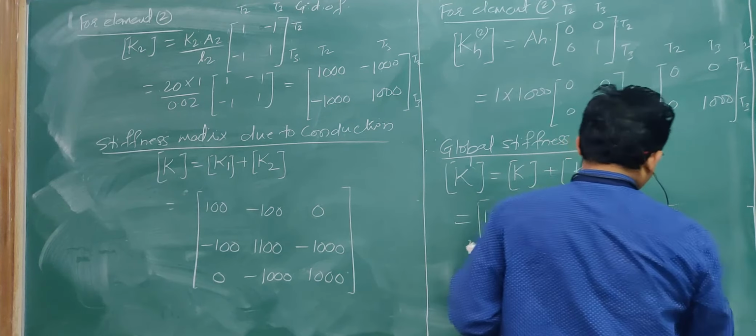Okay, so this is the global stiffness matrix that we have got by combining both the matrices, that is the stiffness matrix due to conduction and the stiffness matrix due to convection. Now the next step is to get the force vector. As only convection is mentioned at the right hand side, obviously the load vector will be present at the right hand side. So therefore, the force vector